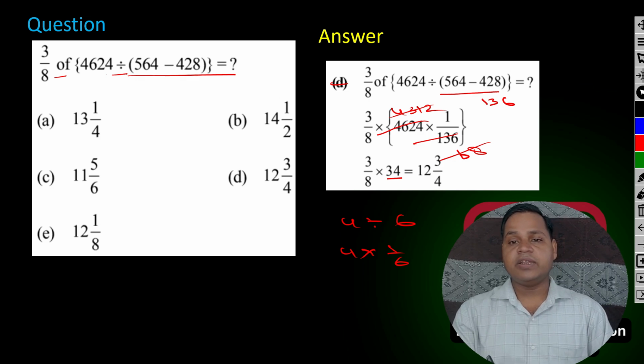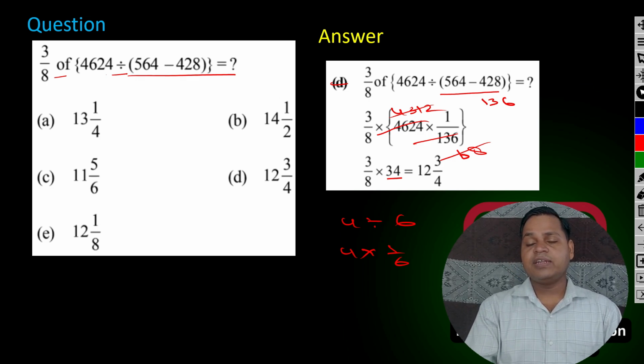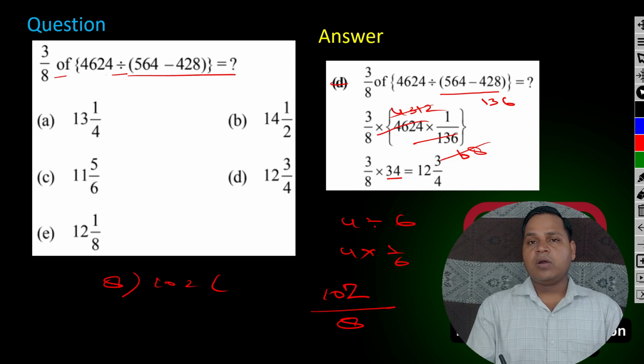You get the answer: 3 multiplied by 12 and 3 multiplied by 3 is equal to 9, plus 1 is equal to 10. That means 102 by 8. You can also solve this question by dividing 102 by 8 like this. Starting with 8 once is 8, here you get 2, and 8 thrice is